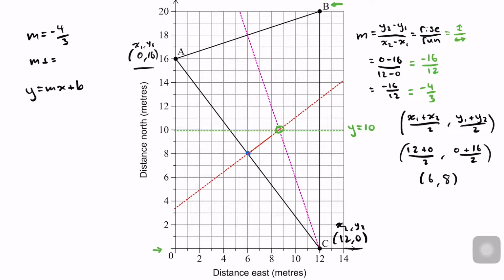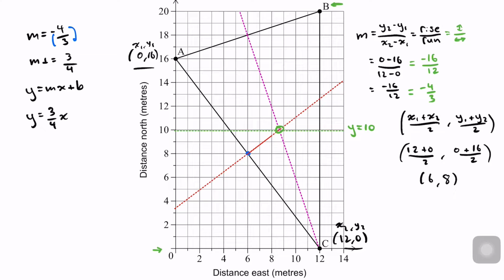So remember, switch the top and the bottom and then multiply by negative 1. In this case, we're going to switch 3 and 4, and it used to be a negative. And then we multiply by negative 1, and that would, of course, turn it back into just 3/4. So switch the top and the bottom, multiply by negative 1, and we're left with 3/4. And that's a line that is perpendicular to AC. So we've got y is equal to